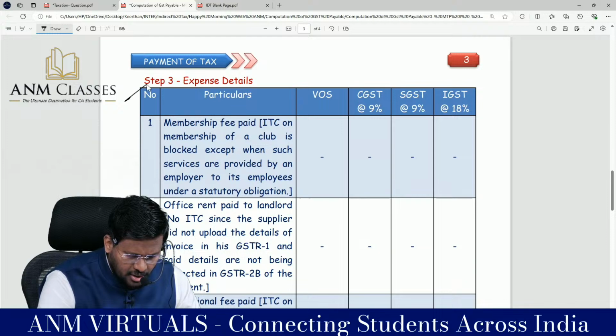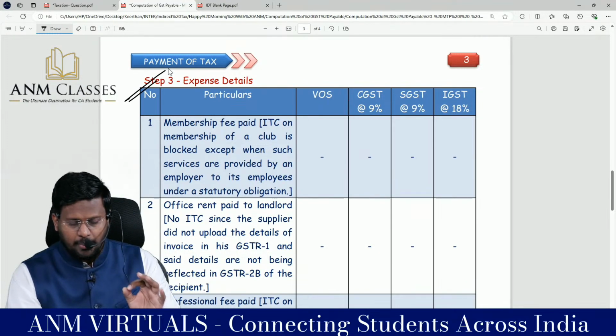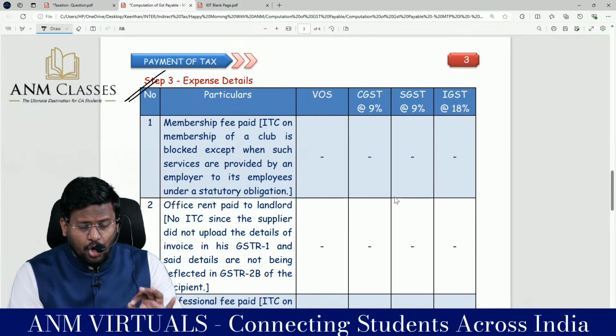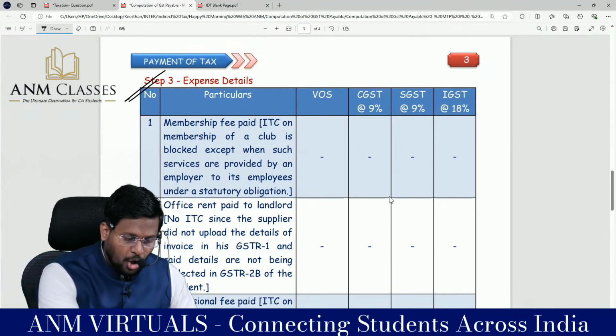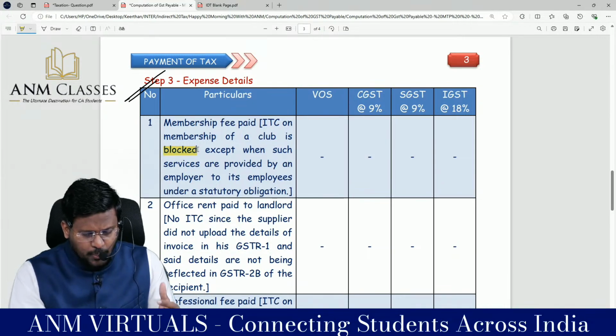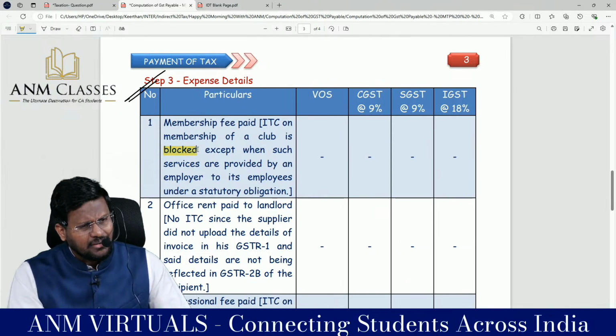Coming to step number 3, expense details, one by one. Membership fees paid: ITC on membership of a club is blocked. It's a blocked credit, except when such services are provided by an employer to his employee under a